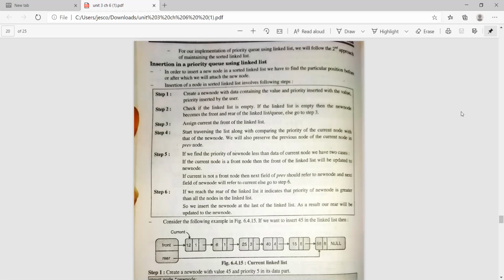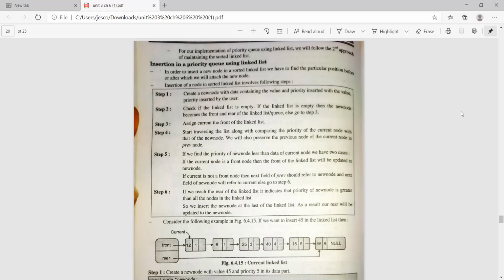If not, then we have to traverse the whole linked list and check the priority. If it is greater than all the nodes, then we insert that node at the rear position, at the last of the linked list.